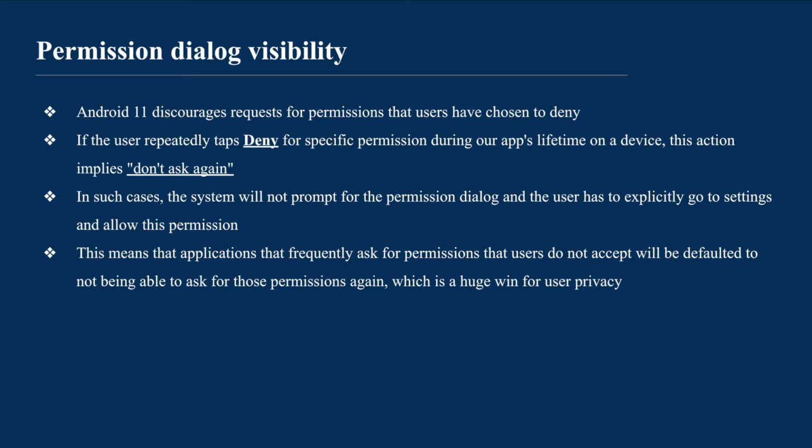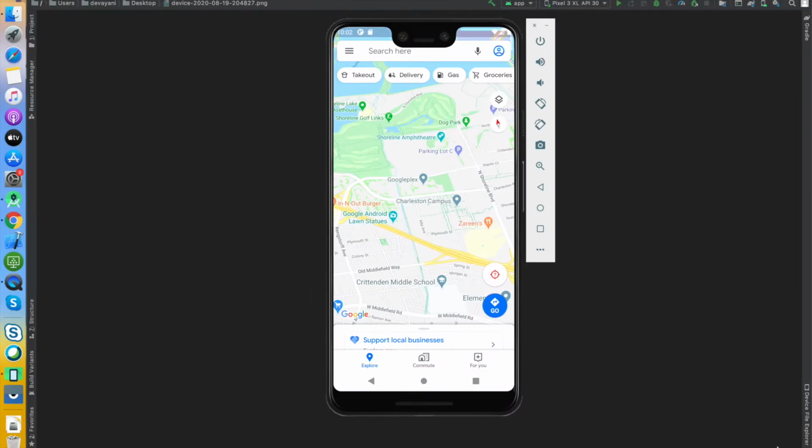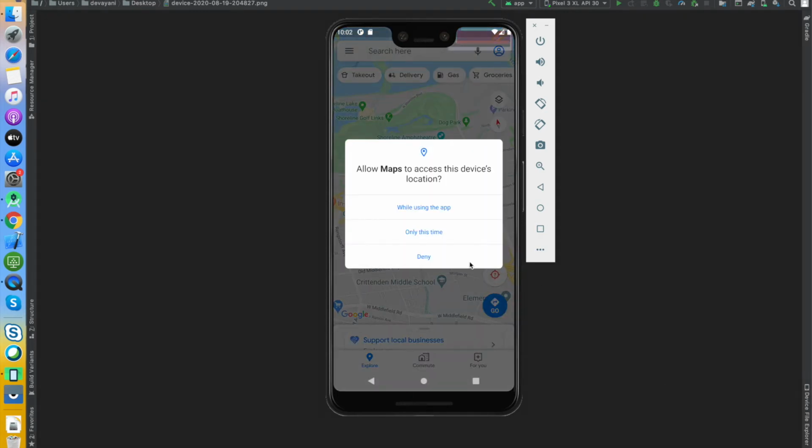If the user denies the specific permission multiple times, then the user will not be able to see the permission dialog again. Okay, so let's go ahead and see this in our Android 11 emulator, wherein I'm already in the Google Maps application. Now let's ask for the location permission by clicking on the user's current location option, and let's tap on deny multiple times.